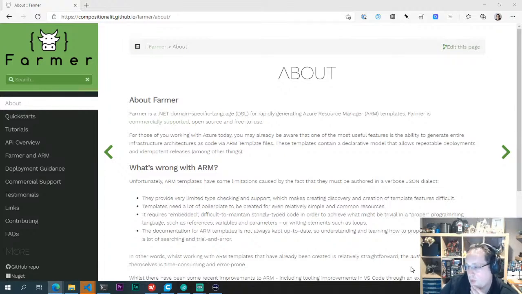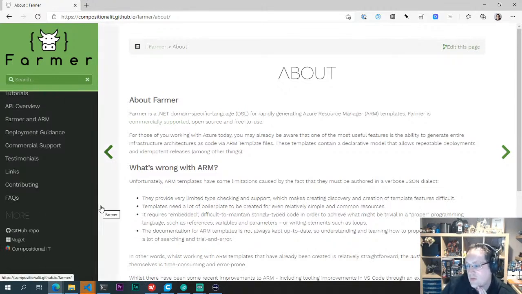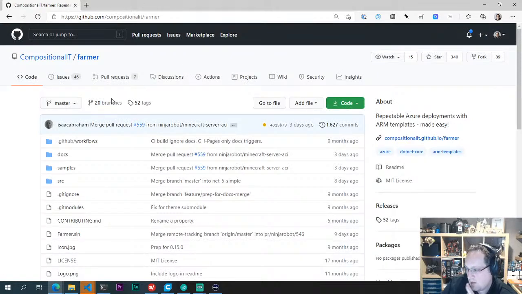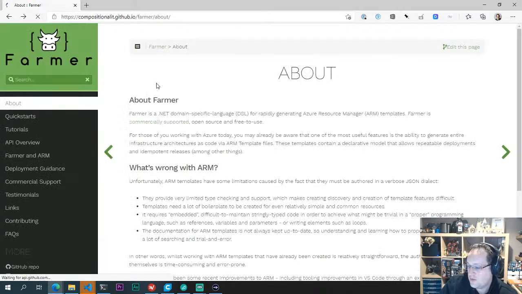Okay, so yeah, we're going to have a look at Farmer today. So Farmer is a third-party tool for doing infrastructure as code on Azure, and it's been written by, I forget the gentleman's name. So let's have a quick look at the GitHub repo. So yeah, Isaac Abraham. Apologies, Isaac. And we had a chat on Twitter the other day. But yeah, it's a tooling that's been written by Isaac, and it's open source on GitHub, as you saw,